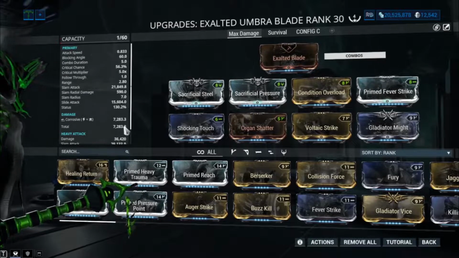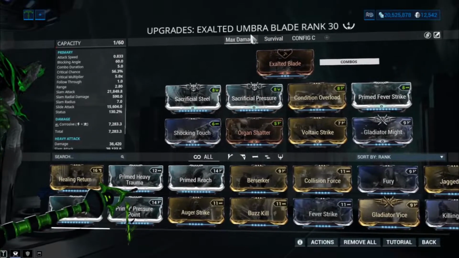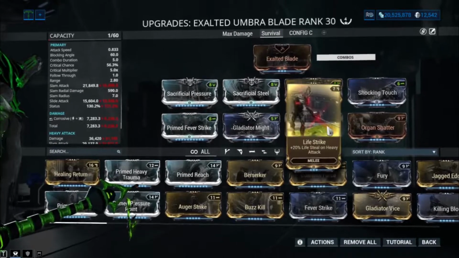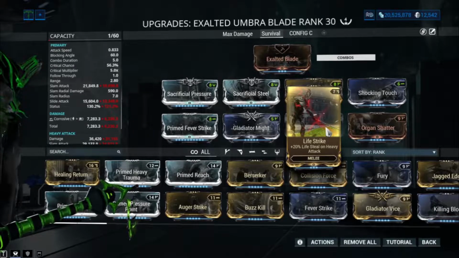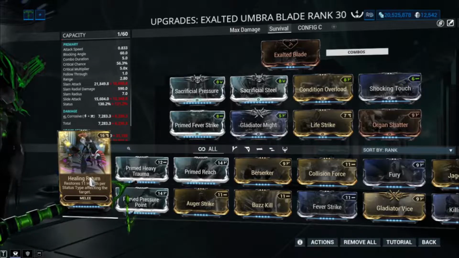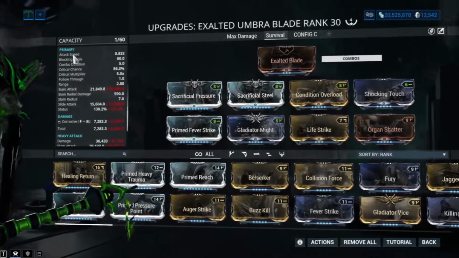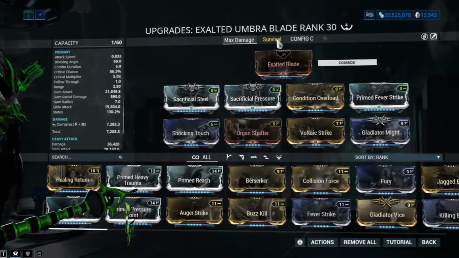Now, if I choose Survival for the Exalted Umbra Blade, which I don't know why people do that, but I do see some people using this. First off, let's look at the Life Strike mod real quick. Obviously, you don't want to be using this if you don't use heavy attack, right? You want to be using the healing return, which basically gives you 11 HP per hit because you're always doing status damage to the target. But obviously, I don't have enough mod capacity, and this will mess up my max damage build here,